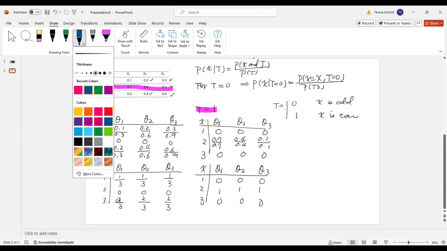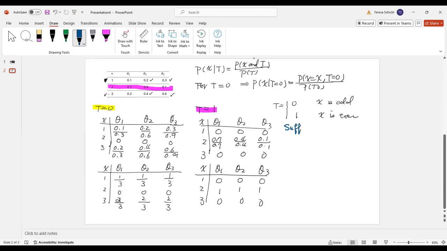Let's try to review the sufficient statistics. So if we talk about the sufficient statistic, f of x given t does not depend on